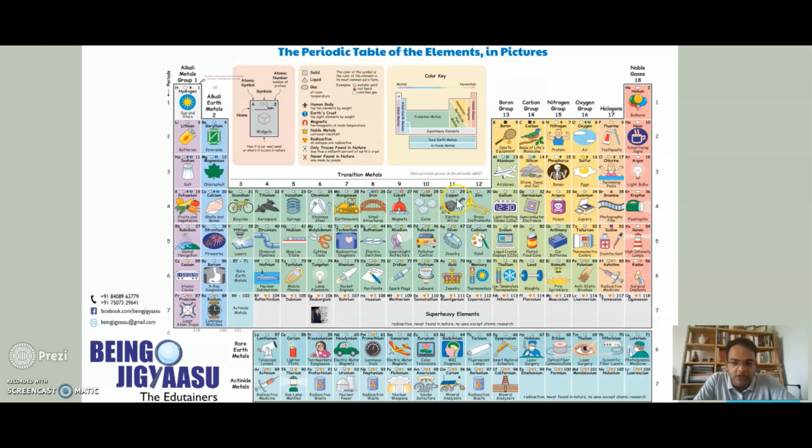So for example, if you see copper, there are electric wires which is written below it, and there is an electric wires photo, just so that students are able to understand what is the exact use of each and every element in the periodic table. So the story which I am going to talk about today is about some elements which were named after some great scientists. Okay, so there are many elements in the periodic table which are named after scientists.